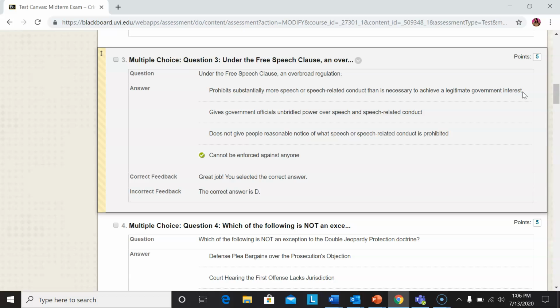But in this answer choice A, it incorrectly lists the test for strict scrutiny, and that's why that answer choice is only partially correct. The correct answer choice is D, meaning under the free speech clause, an overbroad regulation prohibits substantially more speech or speech-related conduct, and therefore cannot be enforced against anyone because it's